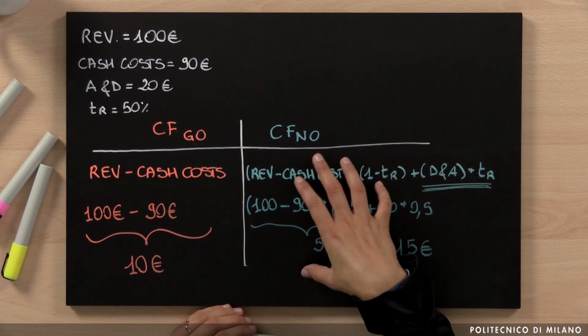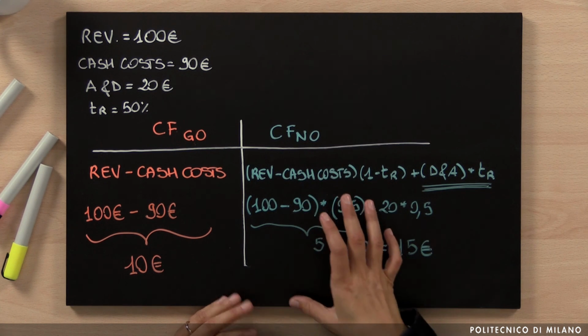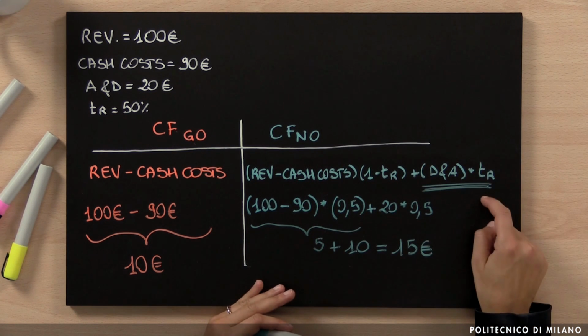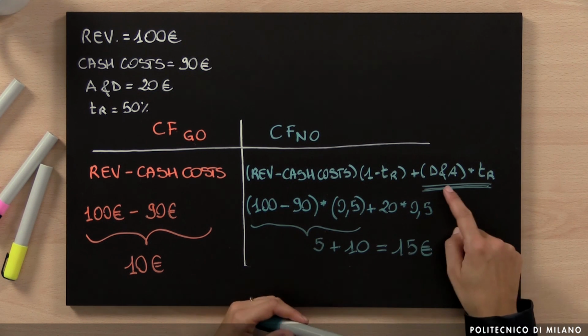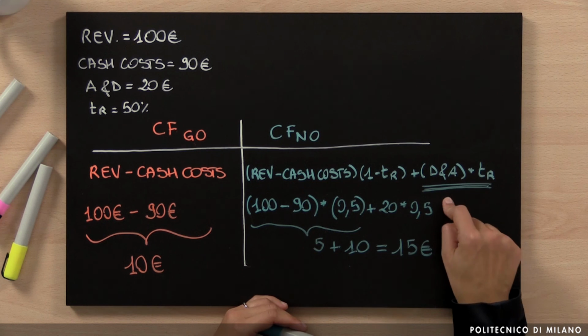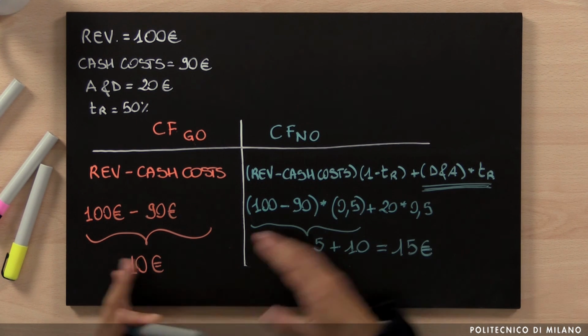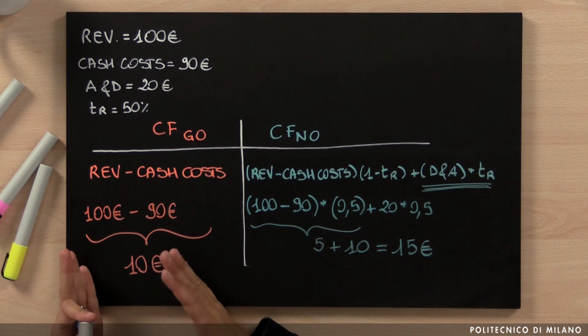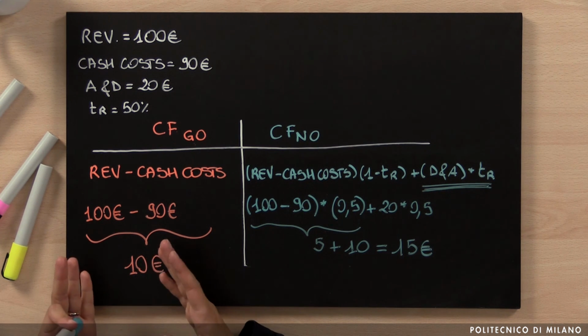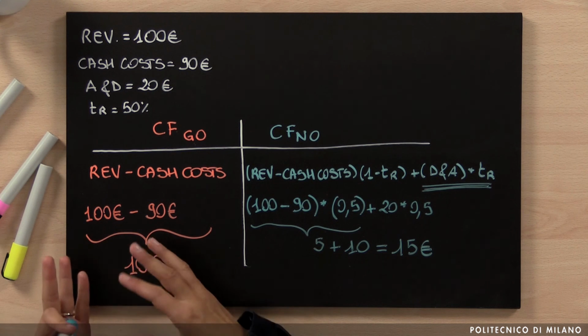We can say that when we use the cash flow net operating, this is the more precise one, of course, because we are including the taxation that we have in the real world, but it takes more time and it is more complex, because we need the data on the tax rate and the data on the depreciation and the amortization. This formula is faster, so if we need to calculate the cash flow faster, for sure we will go through this one, but it is also less precise because it does not take into account the taxation that we have in reality. So that's the main difference, but we need to be able to calculate both of them.